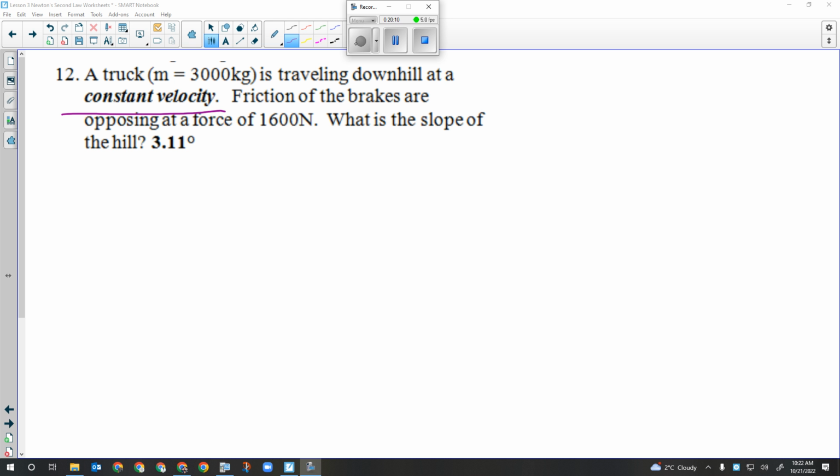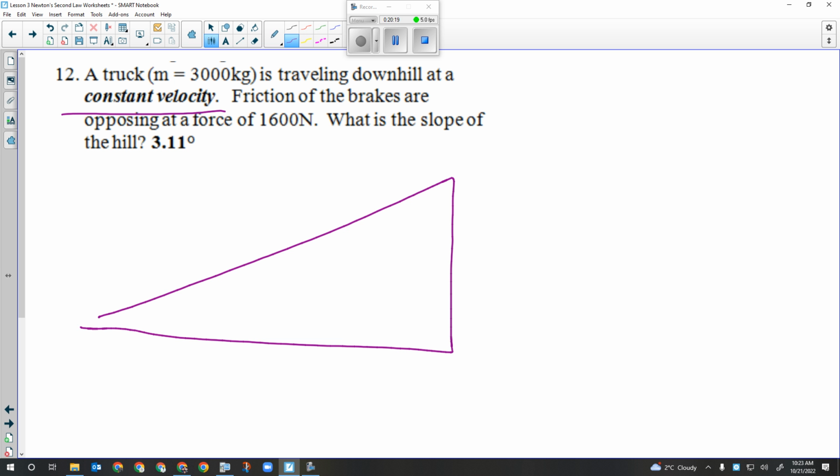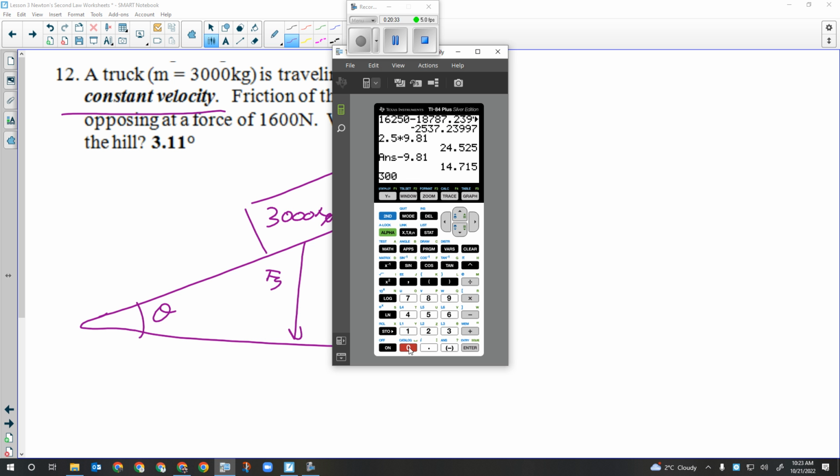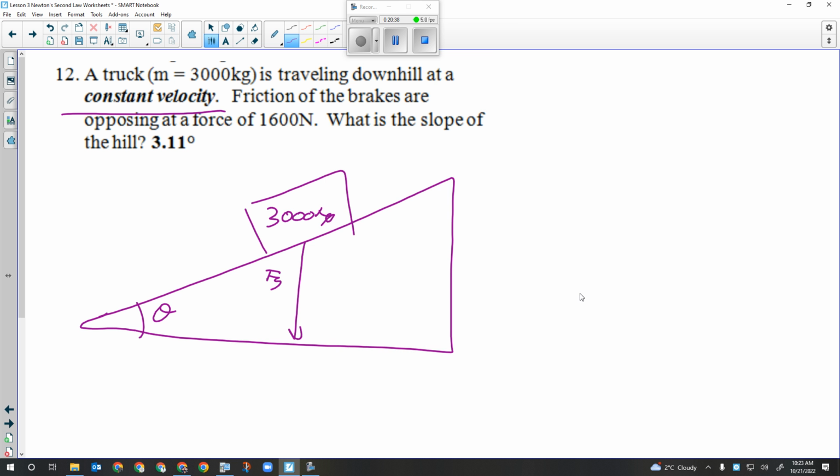So we also haven't had one where we had to find the angle. Okay, so this is also something that's a little bit different. So we have our inclined plane. We don't know what theta is, okay, but everything still sets up the same. Okay, it's a 3,000 kilogram truck. Okay, we can calculate the force of gravity. Okay, so 3,000 times 9.81, and it gives us 29,430